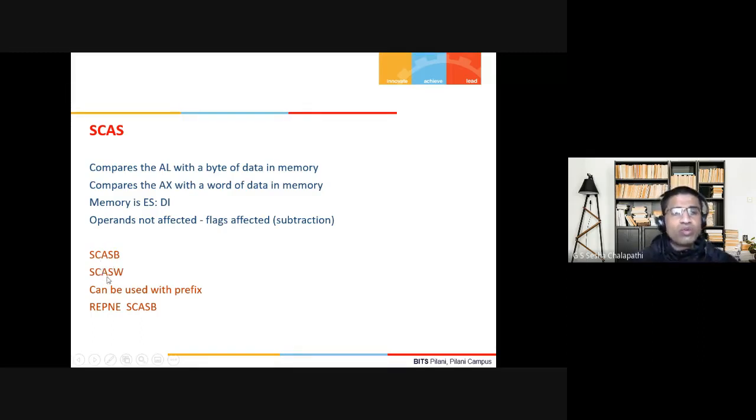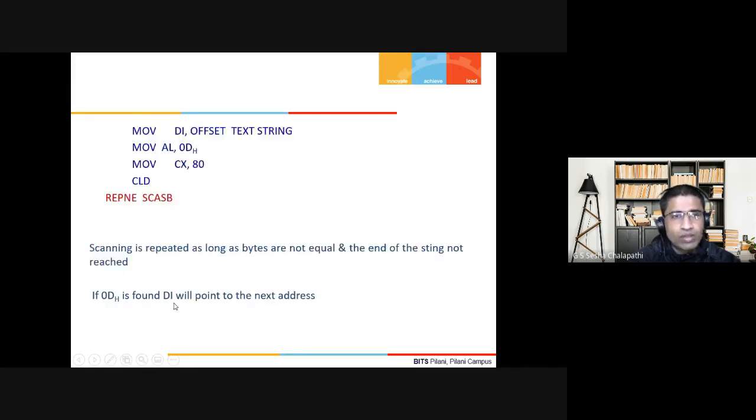And we can use a prefix called REPNE, SCASB. It will repeat the comparison as long as it is not equal, and when it finds something equal, or when the count CX has become 0, it will stop. For example, you have DI as the offset of some text string, the name of that particular array, and AL.